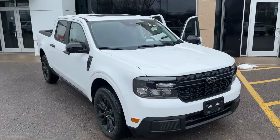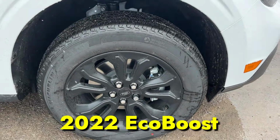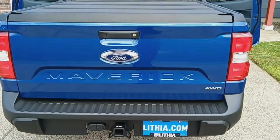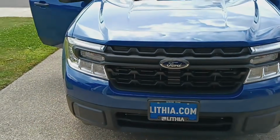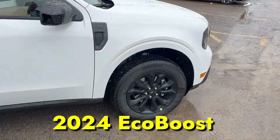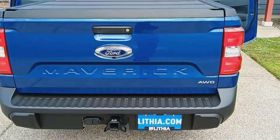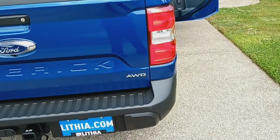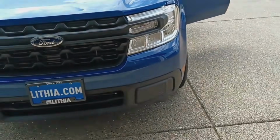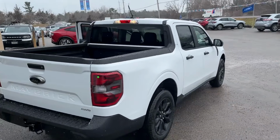Ford seems to have addressed the engine fire risks and power loss issues that made 2022 EcoBoost models concerning. The manufacturing processes appear to have been improved to prevent similar problems, with better quality control measures implemented. The 2024 EcoBoost benefits from Ford making the turbocharged engine standard equipment across the lineup. This likely meant more development resources and better integration compared to earlier optional status, resulting in a more refined powertrain